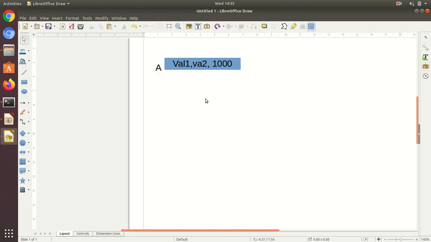Now, when I do a copy, when I create B, let me give some values.